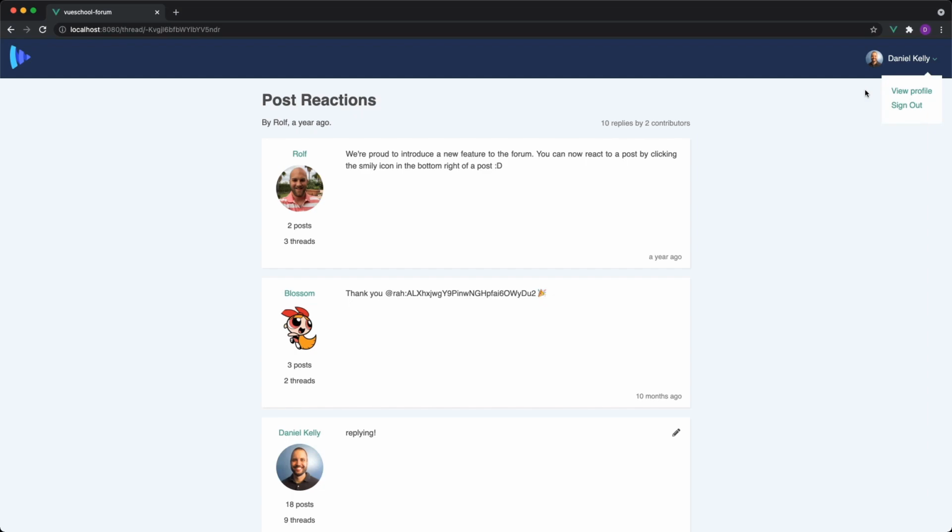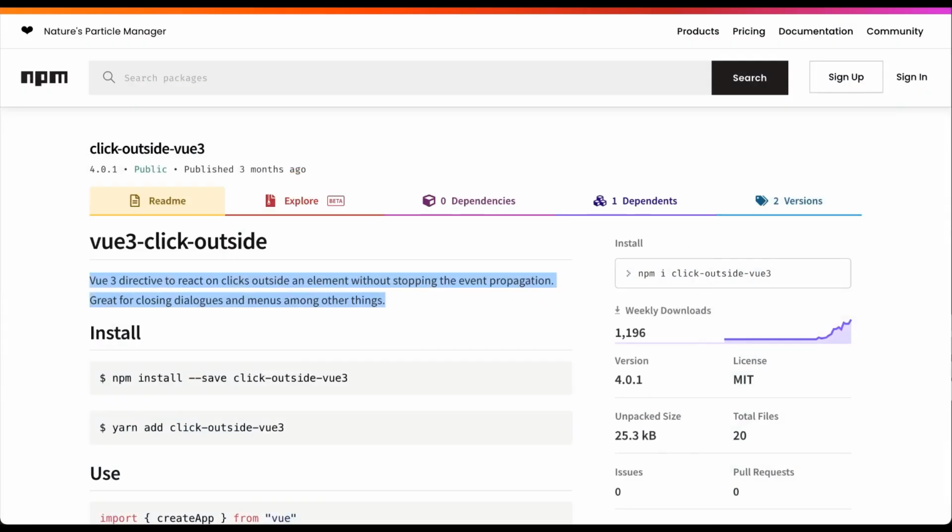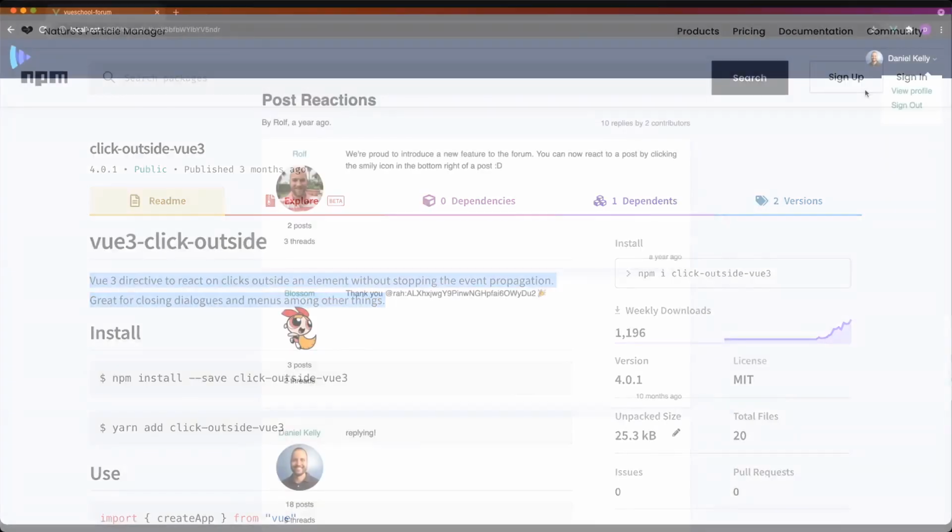While we could grab some off the shelf solution from NPM, I want to show you how you can wire this up yourself so that you'll be able to write your own custom directives in the future if needed. However, for most real world situations, I would definitely grab an existing package.